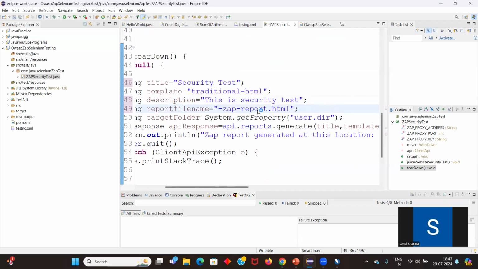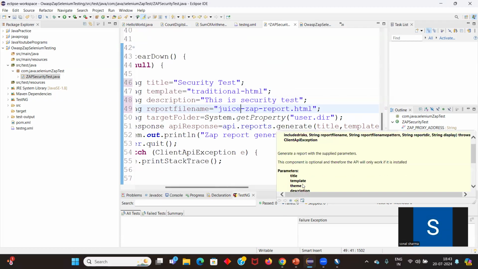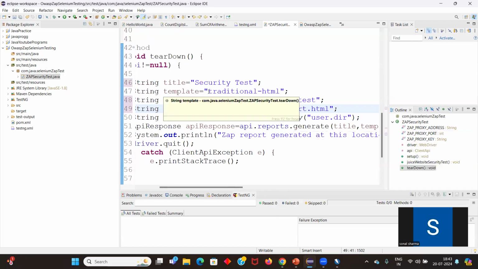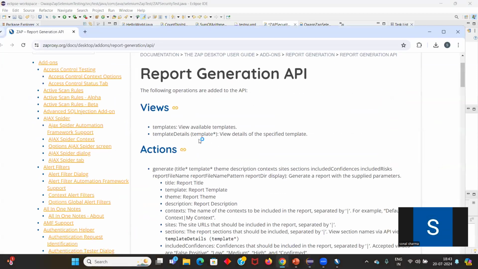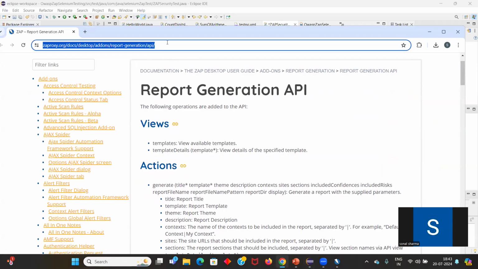Okay. Now let me show you. So the title is the security test template. There are various templates for the report, and I have specified the template to be traditional HTML. So here you can see, if I go to templates,